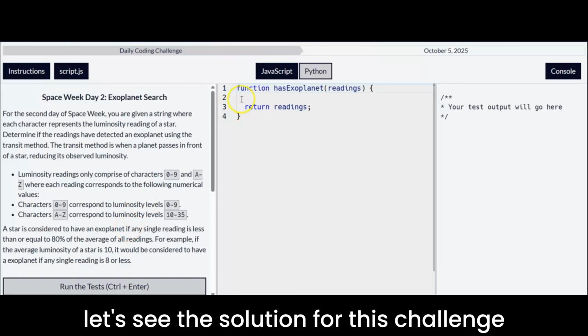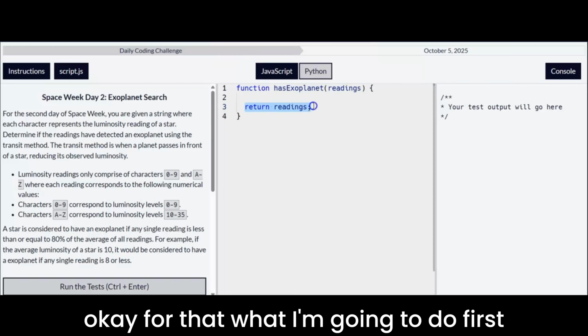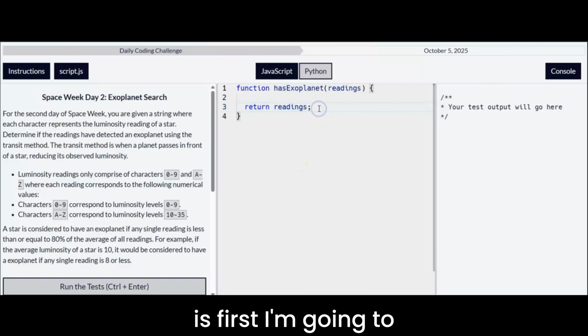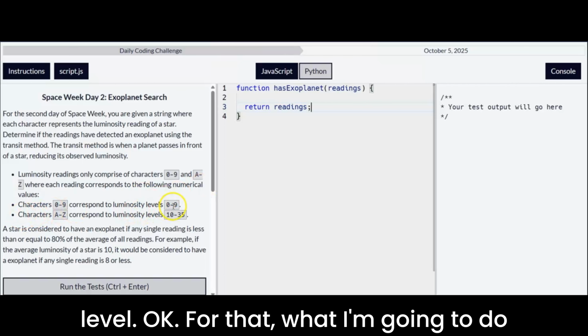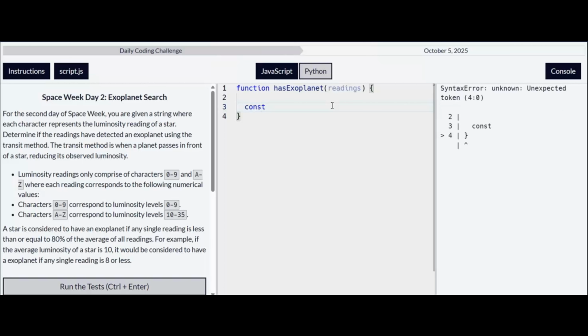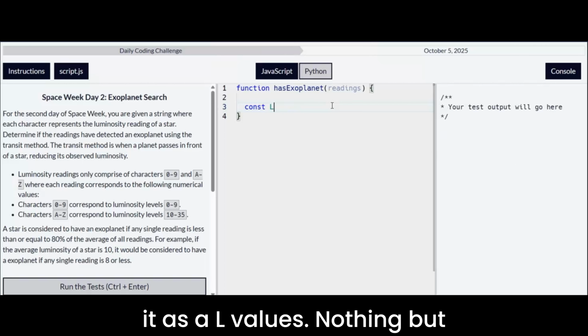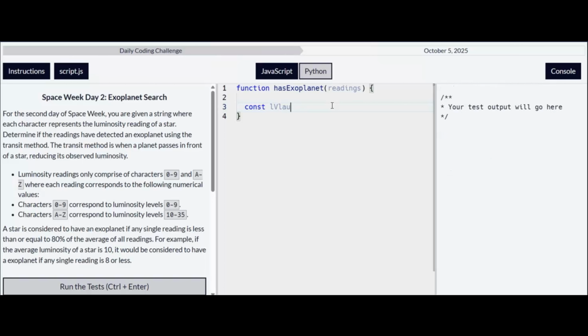Now let's see the solution for this challenge. First, I'm going to convert each character of the readings string to a numeric luminosity level. For that, I'll create a const, which I'll call lValues, nothing but luminosity values,